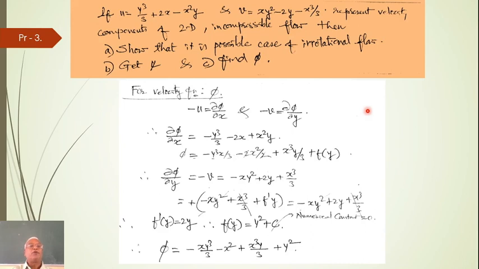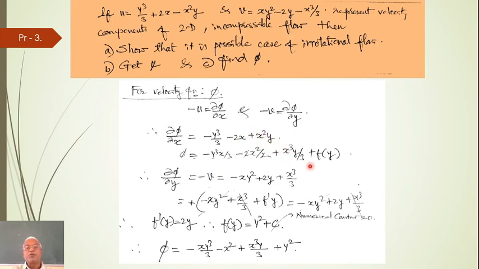Okay, now if we want to find out phi, the definition is dou phi by dou x is minus u, dou phi by dou y is minus v. The same thing we'll use. Exactly similar procedure as we have done for the psi function will be done here. Dou phi by dou x equal to minus u. U is here, it is put with a minus. Now integrate with respect to x. Phi is equal to y cube by 3 into x minus 2x squared by 2